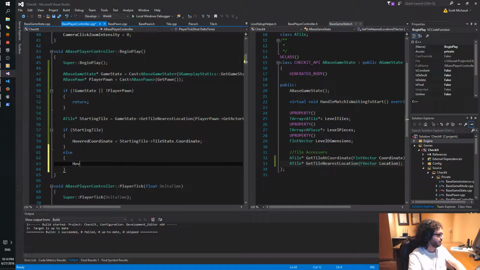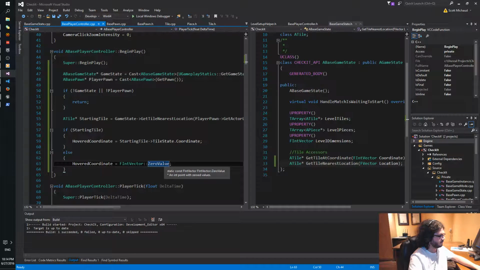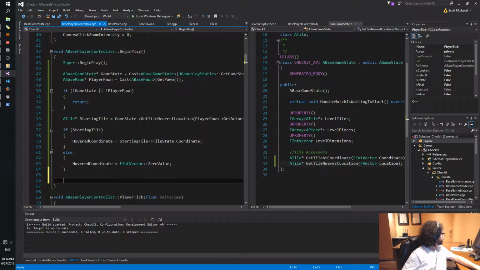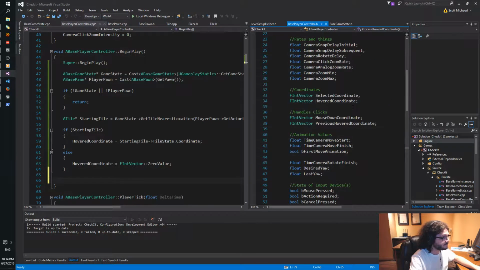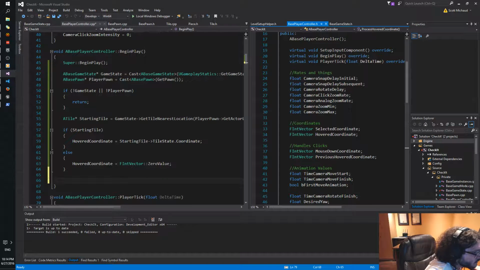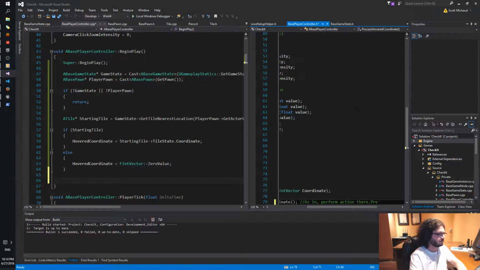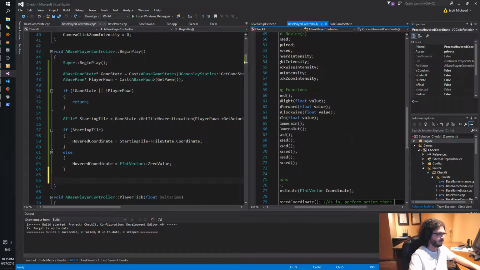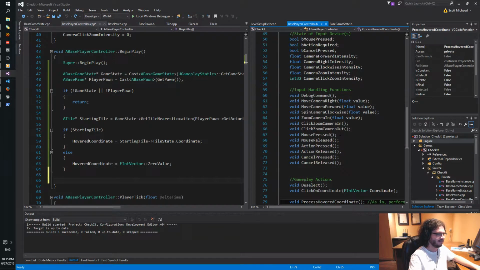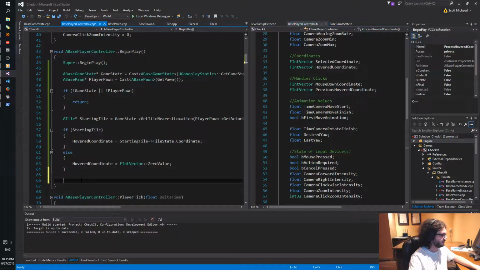Else hovered coordinate equals FIntVector zero value. Okay, and then not last location, it's now called previous hovered coordinate. I was in the wrong window. Sorry, wrong split.